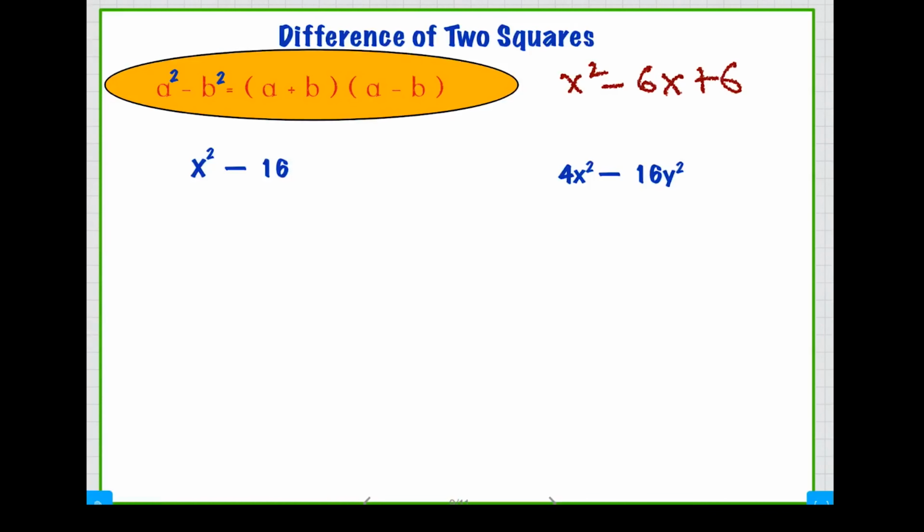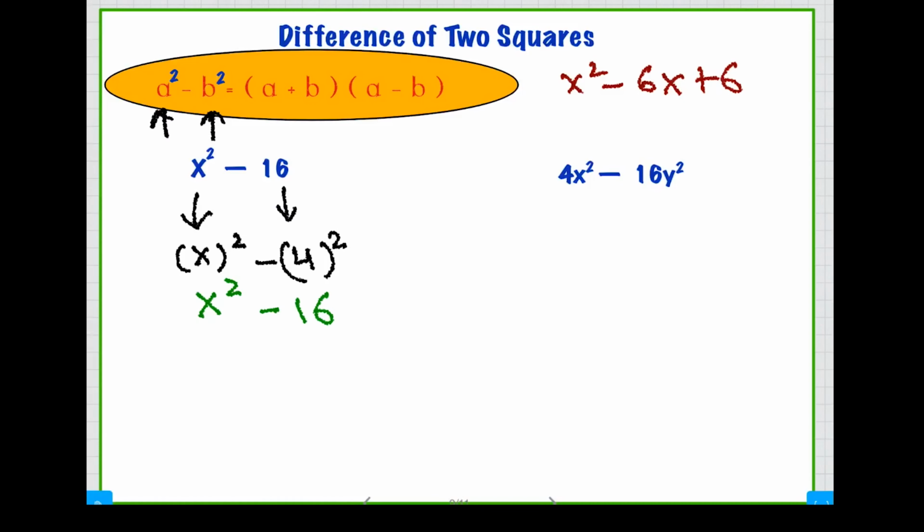In this question, x squared minus 16, the first thing we need to make sure is that we are able to write it into the above formula form, a squared minus b squared. So we can write the first term as x squared, and we can write 16 as 4 squared. Why? Because x to the power 2 is x squared and 4 squared is 16. So if we can arrange it into the x squared minus 4 squared form,